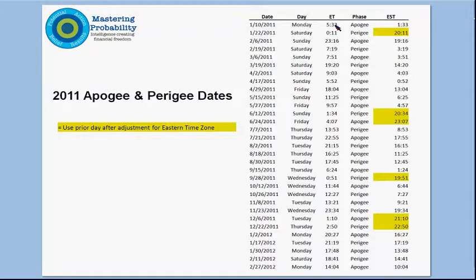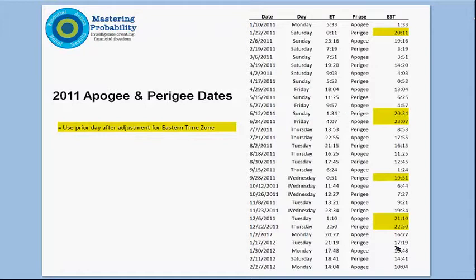You'll see when I pull up the 2012, I didn't get a chance to do that today, but here is everything on Eastern Standard Time so that it becomes easy for you to lay these over on your chart. The yellow indicates that it's from the prior day. On regular Standard Time right now, ephemeris time to Eastern Standard Time is a 4-hour time zone difference, so it's 4 hours earlier, and then during daylight savings time it is 5 hours.